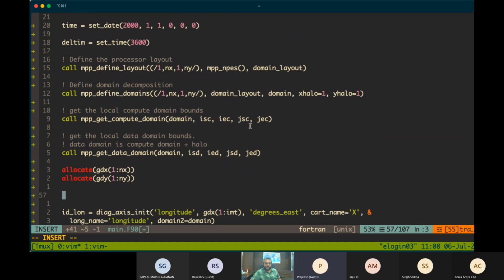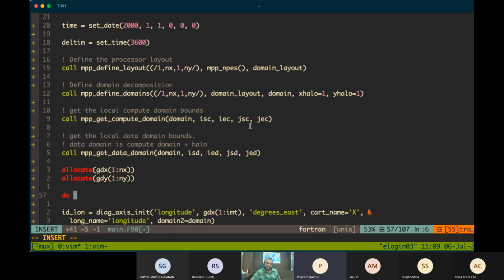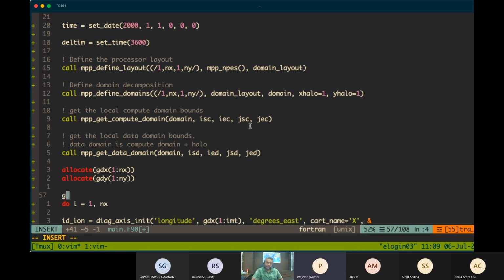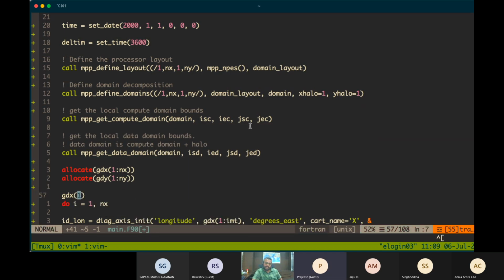So GDX should go from 40 to 100. How can we do that? Loop I from 1 to NX, and let's say GD of 1 is equal to 40.